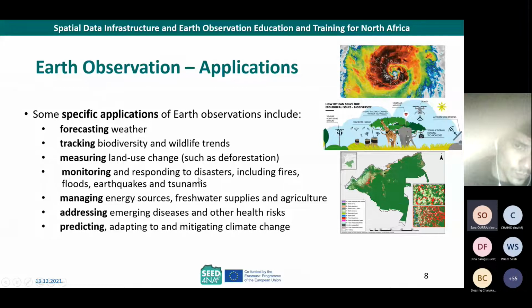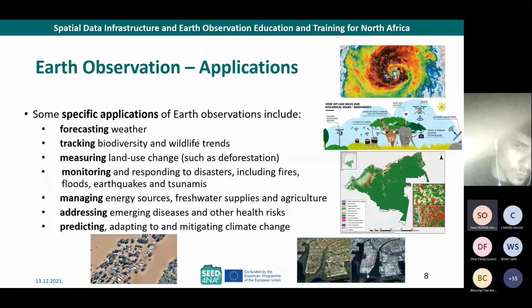Monitoring and responding to disasters like floods or tsunamis, or earthquakes, like we had in Croatia last year, twice, or managing energy sources, fresh water supplies and agriculture,